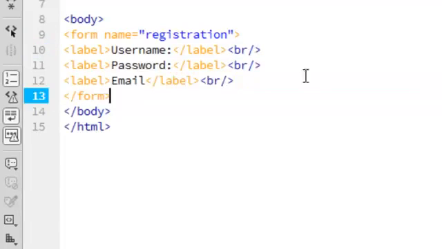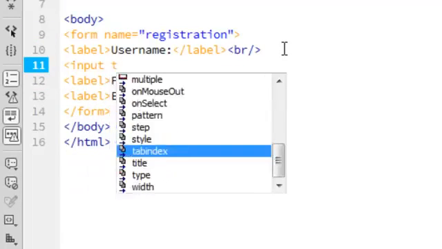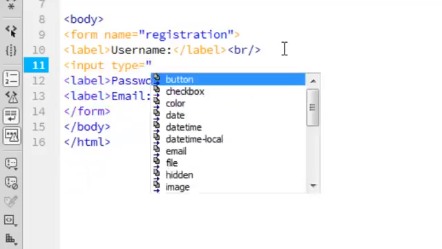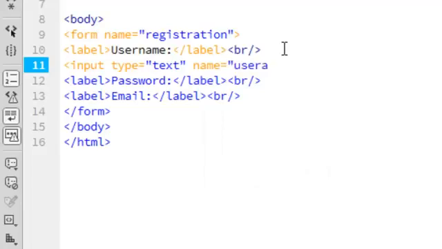So as you can see, we have basic labels there. Go ahead and add that. So let's go ahead and create an input of text. Type is equivalent to text. Name is equivalent to username. And close that, do a break,